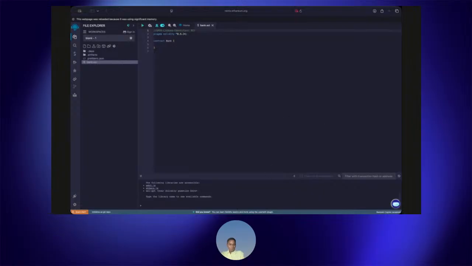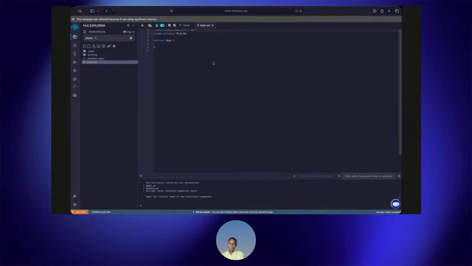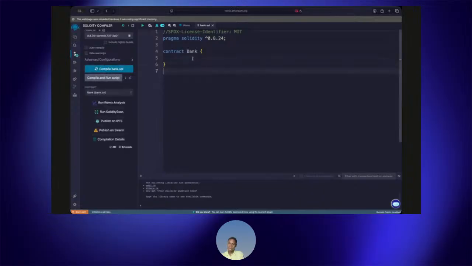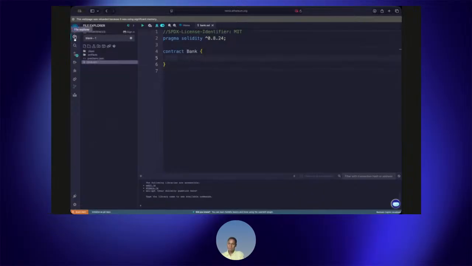Okay, so we are now going to continue writing our smart contract. To continue after compiling this, we can then proceed to writing our functions, and you can then declare some variables inside this as well. So we'll start with our constructor, which is the first thing to do.